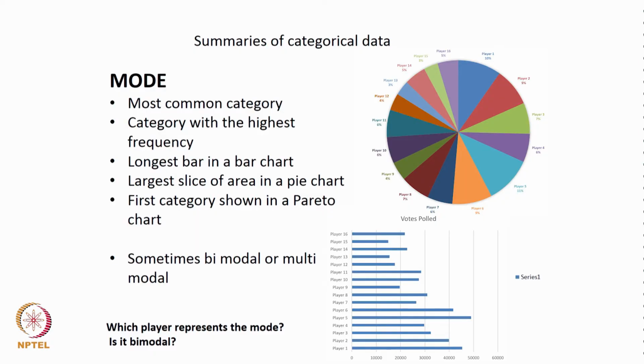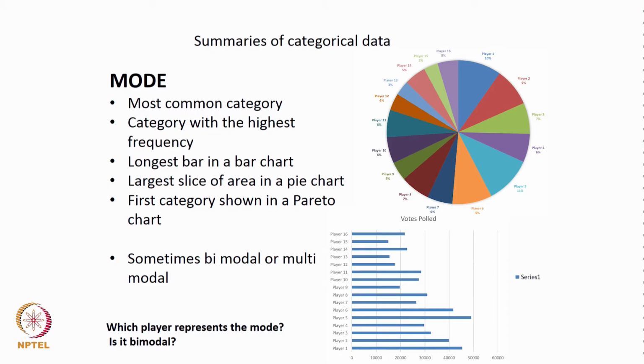In this lecture, we look at measures of summarizing categorical data. In the previous lecture, we looked at presenting categorical data in the form of bar charts and pie charts. Towards the end of that lecture, we introduced the mode, and we will now go into detail understanding the mode of the categorical variable. So, if we want to summarize categorical data, the most commonly used measure is called the